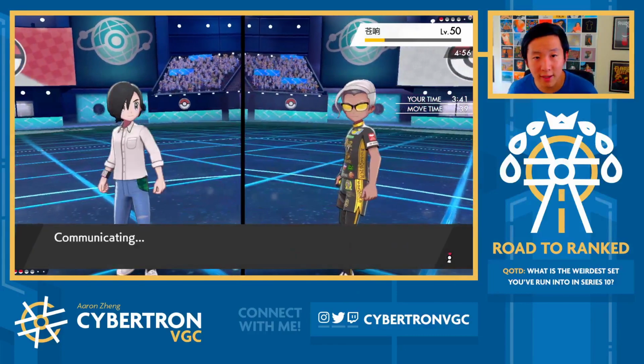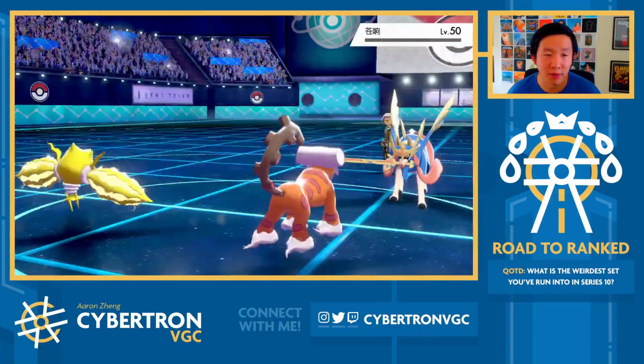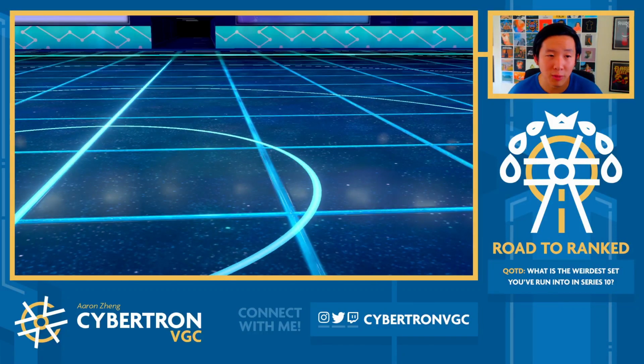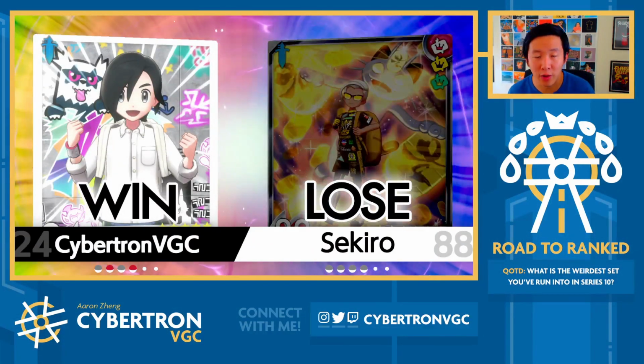The key thing in this game was getting up 2 Tailwinds. That was really essential, because we needed speed control, right? Like, Scarf Garchomp plus Zacian is just so fast. And also, like, Garchomp completely covers for Regieleki, which is scary. But this is often the downside of having a late-game Scarf user when you haven't knocked out enough of your